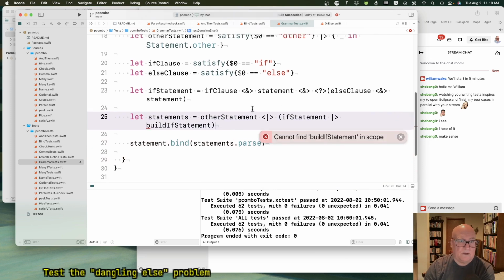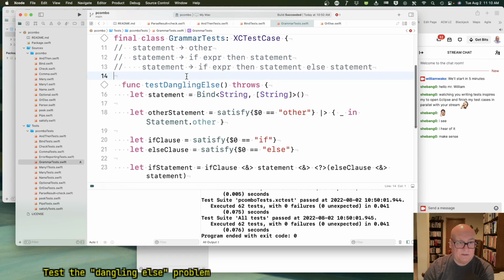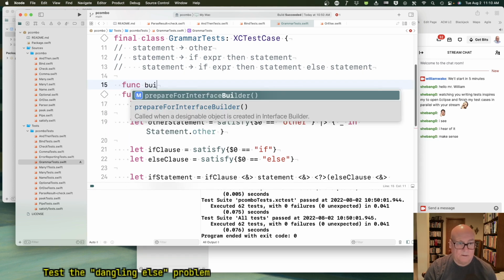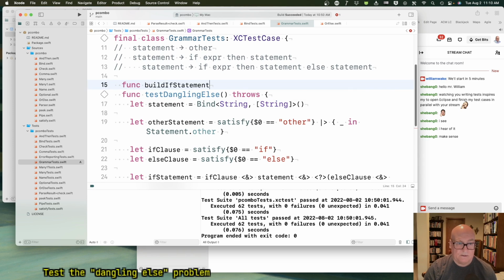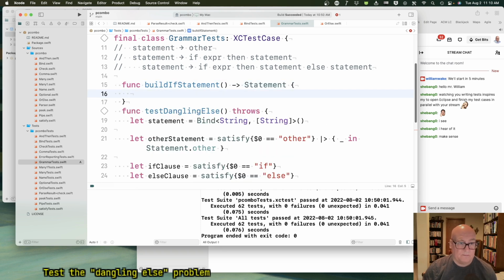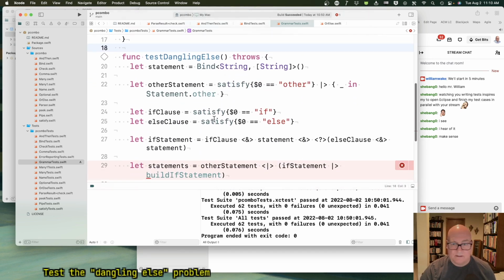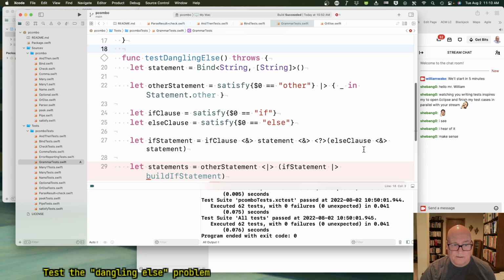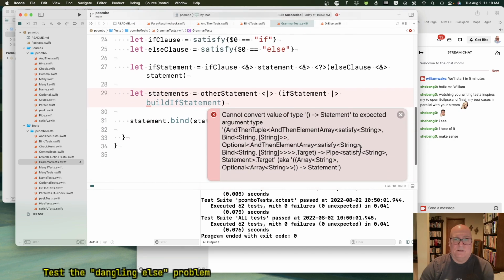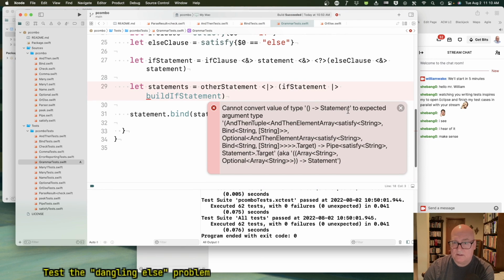Okay, undefined, right. So build if statement is going to be a helper function. It takes something, I don't even know how to say what, but it produces a statement. Okay, and that should help something. Okay, here we go. Cannot convert value of type. Nothing goes to statement. That's the build statement. To the expected tuple of element array